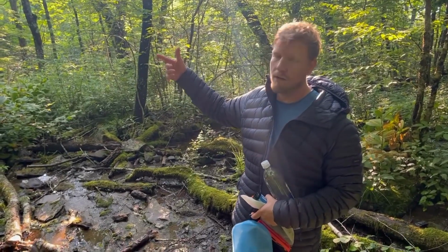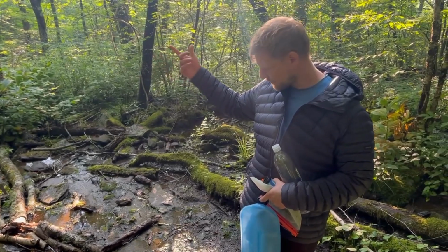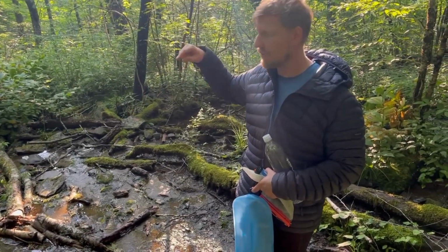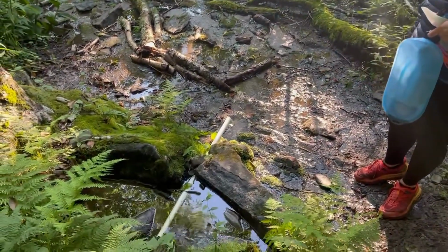But so we need to get water. There's no water obviously up on the Bald, so I was talking to one of the guys. He says there's a fresh fed spring down here, so yeah, there's actually a spring down here. The water's coming out, and